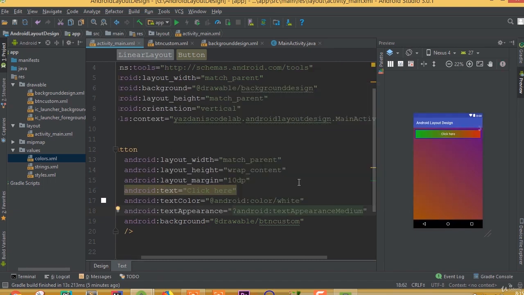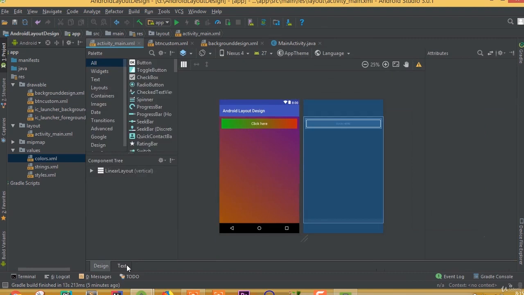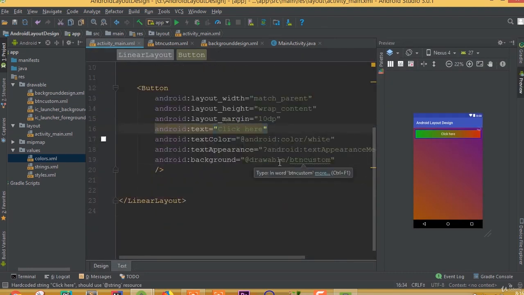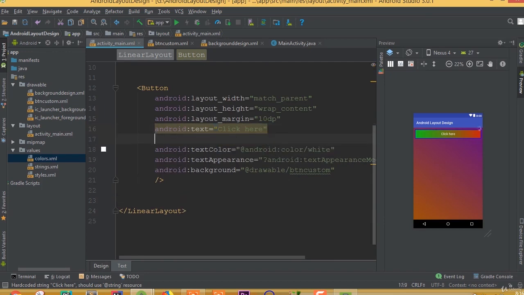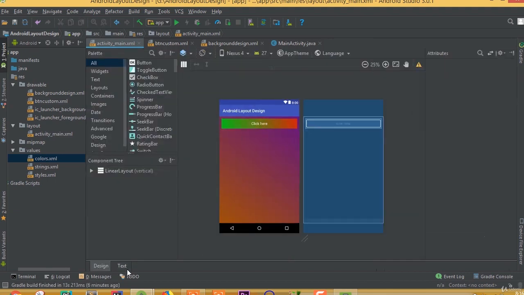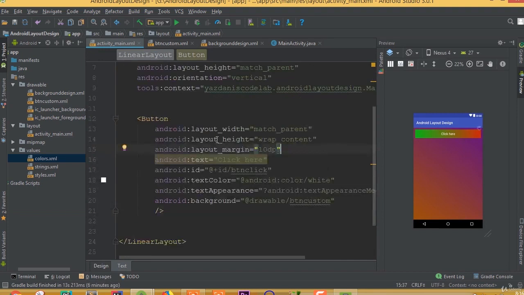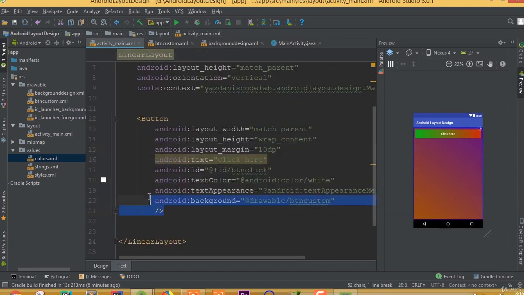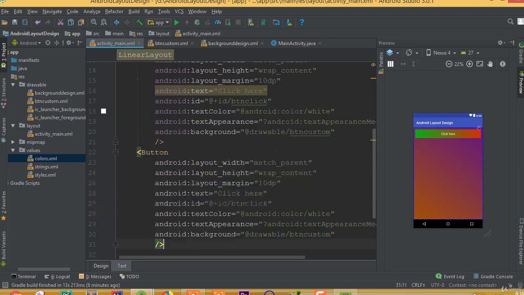So text appearance medium, and we need to add ID. So ID btn click, and we can copy this button few more time,